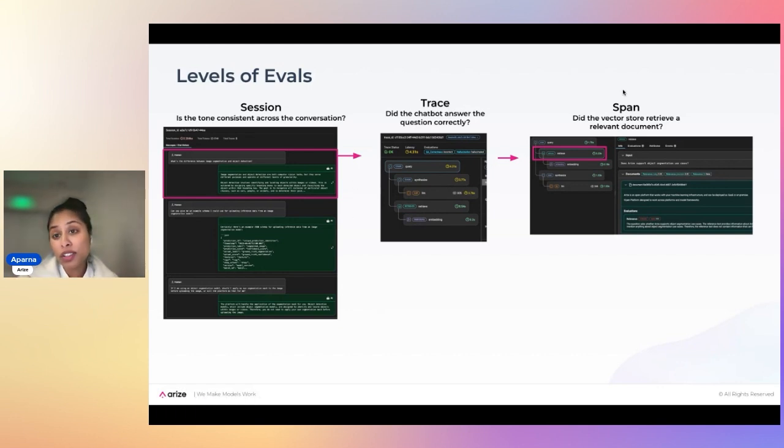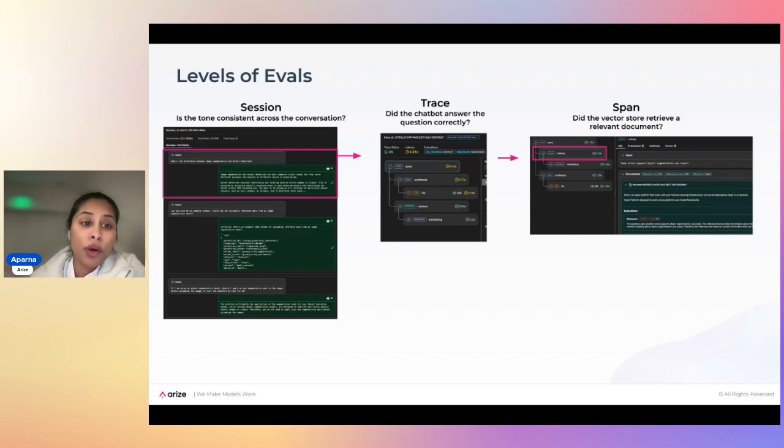And then, of course, within this individual back and forth messaging, there are also a lot of sub steps or spans that could have happened. So to answer maybe even a single question, there's a retrieval step that needed to have happened. And so there are levels to these evals. When we talk about evals as a high level concept, we think it's maybe just one at the end of an application.